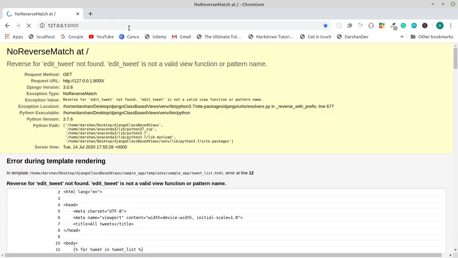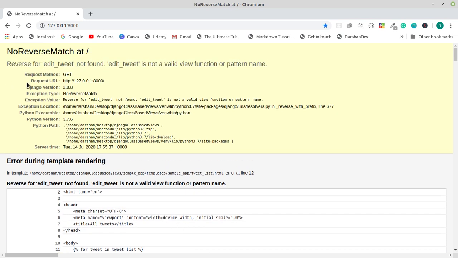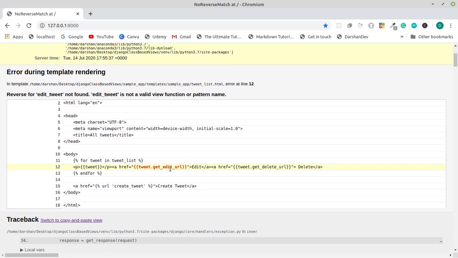So now when we go to our list view, reverse for edit tweet not found. I did not do that. Let's refresh it, and let's check what the problem is. Tweet.get edit URL. Edit tweet is okay. Yeah, since we have changed our